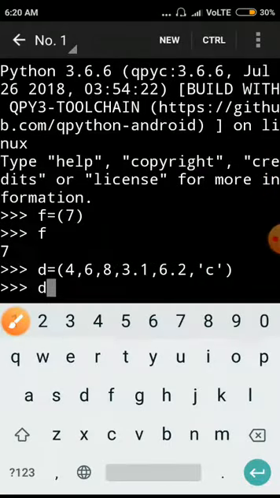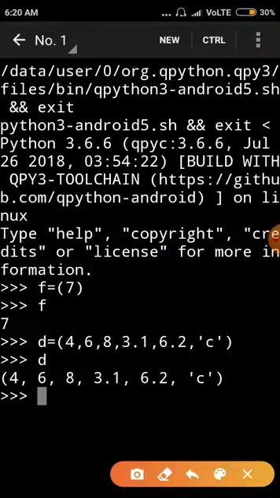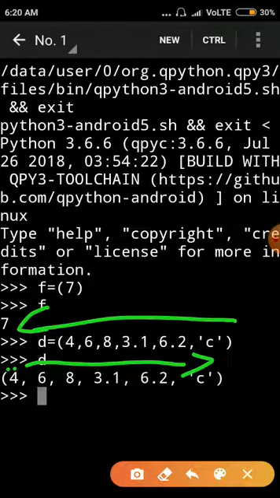So let's access it. It will write out the tuple elements, and if we want to access one particular element, for that purpose we use the index value. This index value can be in the forward direction or from the backward direction. If we are using the forward direction, the index value is 0, 1, 2, 3, and so on.